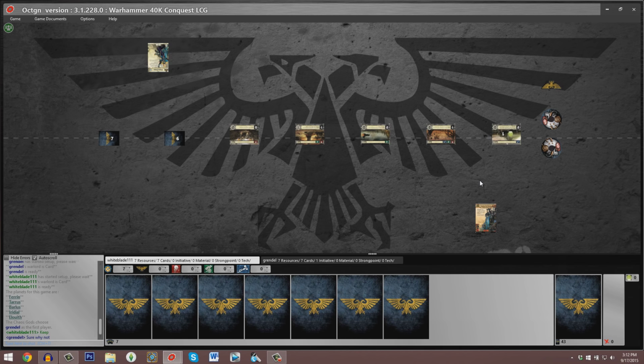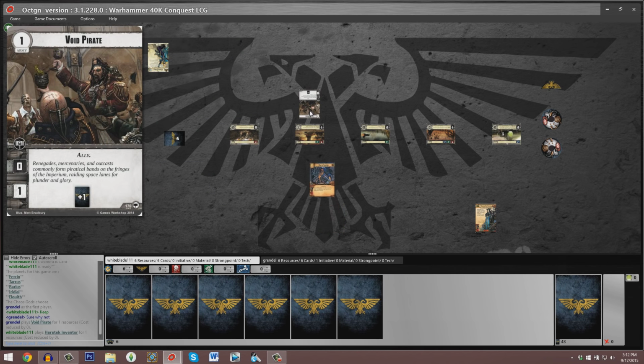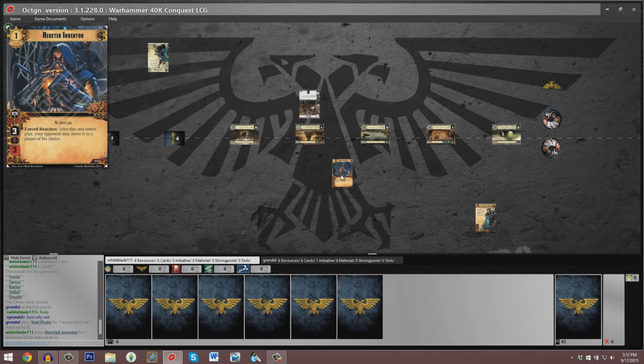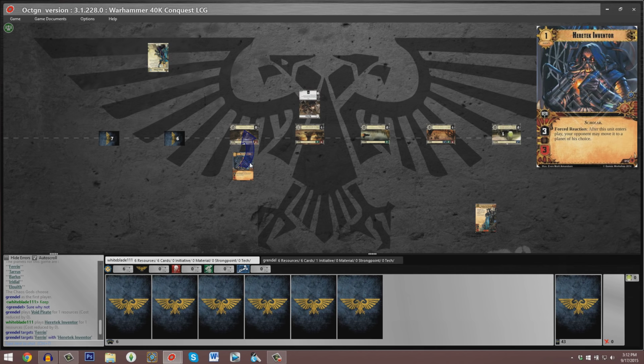We can see our players have both drawn their starting hands, their starting resources. They're presently deciding on mulligans. Looks like the initiative is going to be in the hands of our Eldar player. Before I discuss our planet layout, looks like we see a Void Pirate as the opening move of the game at planet number 4. And we also see a Heretic Inventor played opposite that Void Pirate. Actually, I guess just played, and our Eldar player is ultimately going to choose the Heretic Inventor to go to